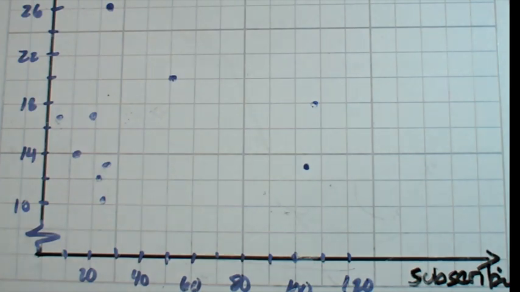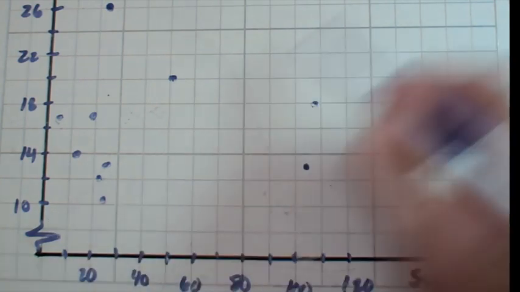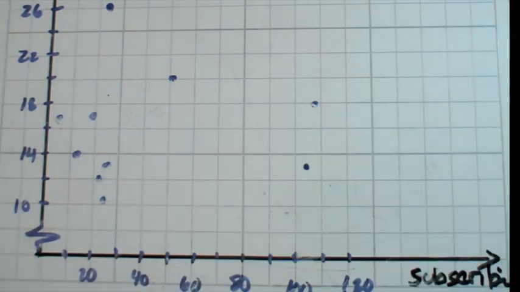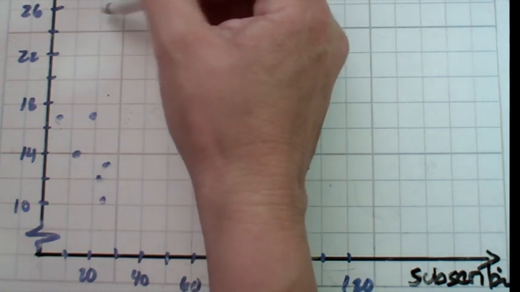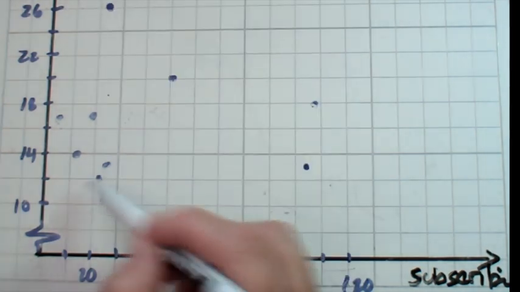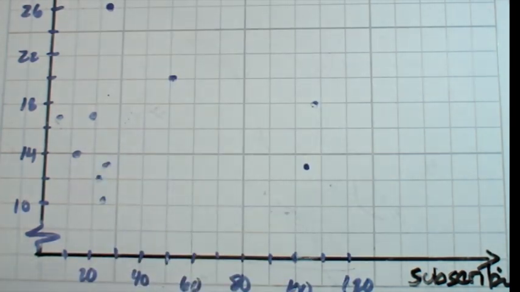This one's hard. You know what I expected was that our line would go like this. The more subscribers, the more money, it makes sense. This is why we do scatter plots, is because it doesn't always look the way you expect it to look. If anything, this almost has a negative slope to it a little bit, because I got a high point up here, but you know what? I got a lot of low points up here too.